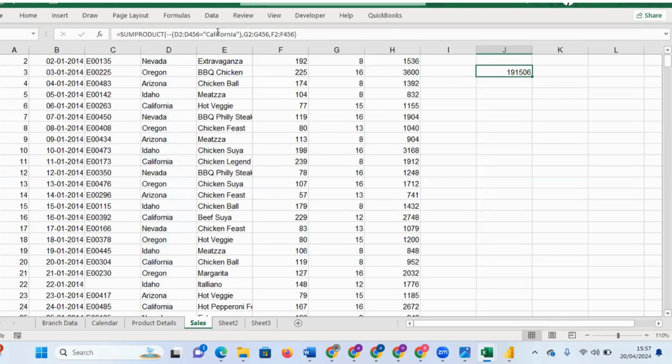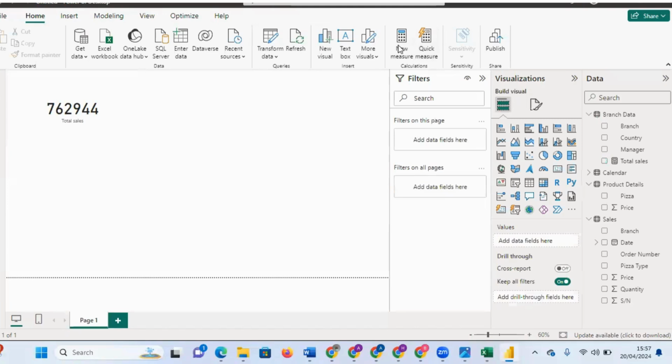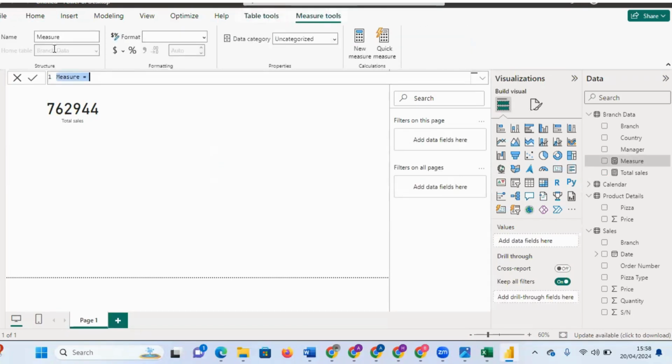We have 191,506. Okay, good. Now, how do we create this in Power BI? So let's create a new measure and see what we're going to get also. The same measure we created can also be modified, but let's create a new measure and see how it's going to work out. Now we want to see the California sales. So we're going to have SUMX